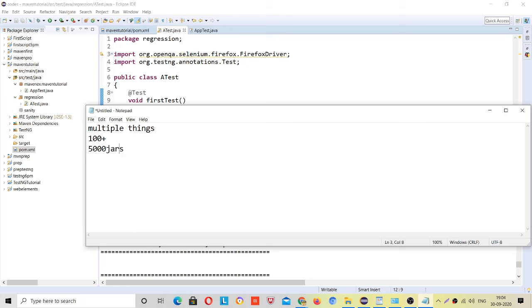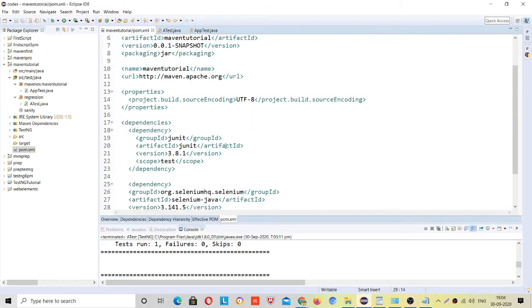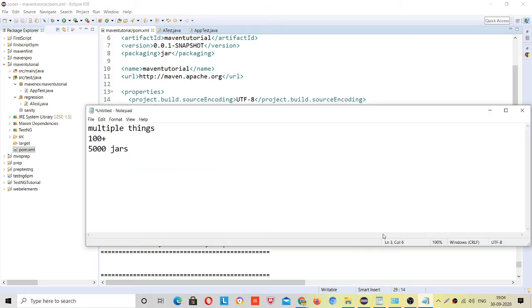Suppose this is the case. So people can ask you, every time you run the code, will it download the dependency? Then the answer will be no.